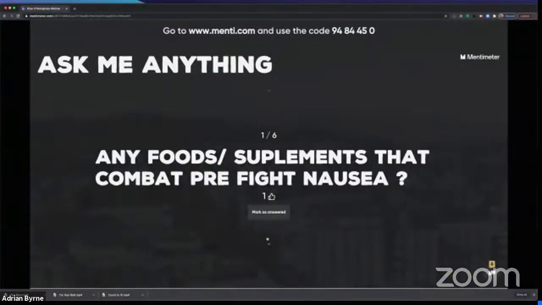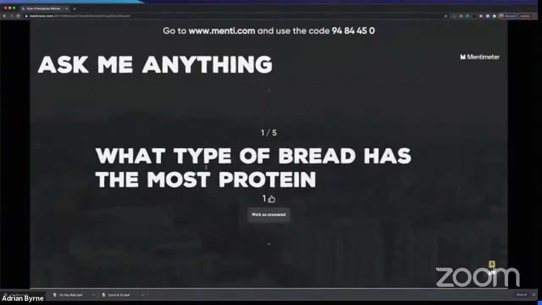All right, good answer there. What type of bread has the most protein? The higher fiber, so the brown breads, I think, will have more protein. But like I mentioned earlier, you're not going to be relying on bread to get your protein in. A slice of bread is usually going to have like 3 to 5 grams of protein. Things like rye bread and sourdough are decent when it comes to protein. The protein in bread comes from the gluten part. So when you hear about bread protein, it's just gluten.